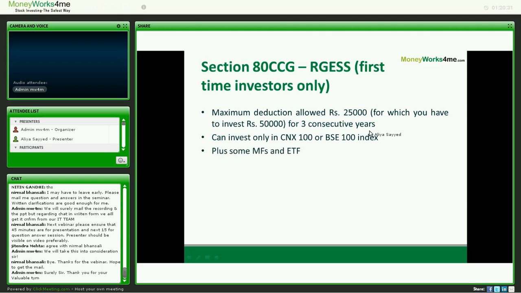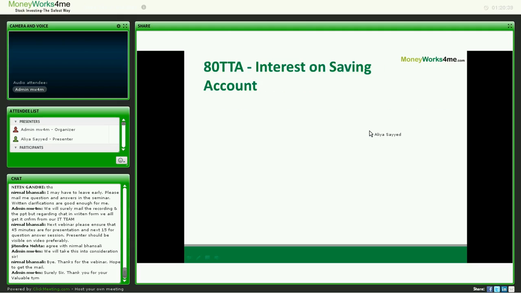So, if you do not have a demat account, you can open a demat account and start investing in equity markets and claim a reduction under RGSS for 3 years. Then another additional deduction that is available to us taxpayers from this budget is interest on savings account,